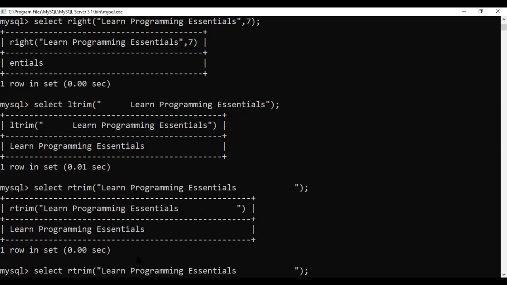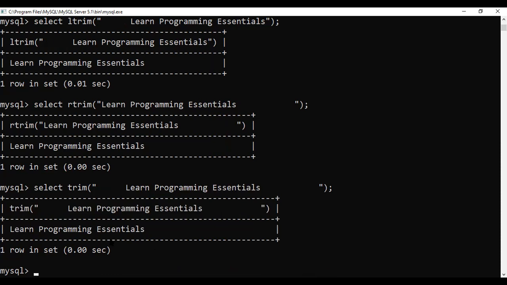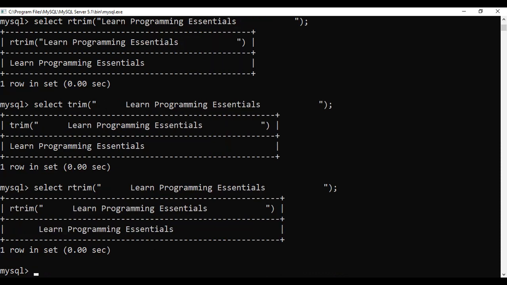Now, next thing is trim. Trim means what? If any spaces are on both sides, it will remove the spaces from both sides. You can see you will be getting it without the spaces. Suppose for the LTrim, if I give this one, LTrim or RTrim. So what does it mean? Left side and right side I have given the spaces and I have given the function RTrim. It will only remove the spaces from the right side. The left side spaces will remain, and it is similar for LTrim also.